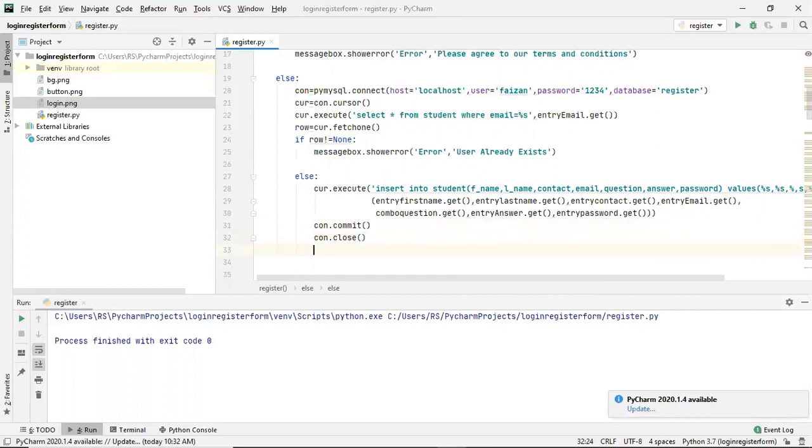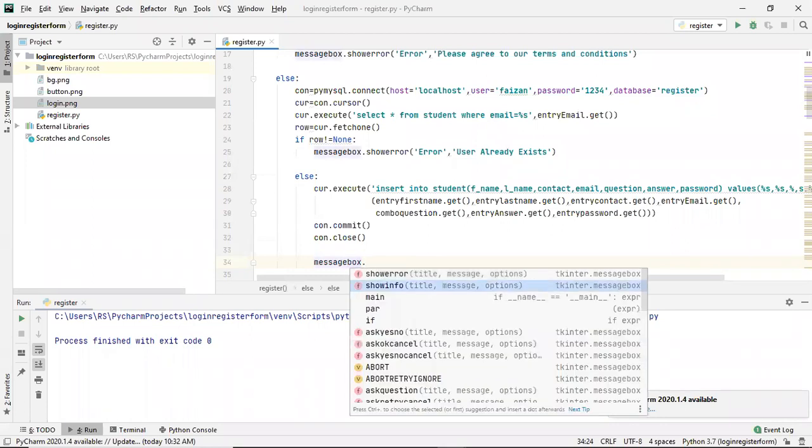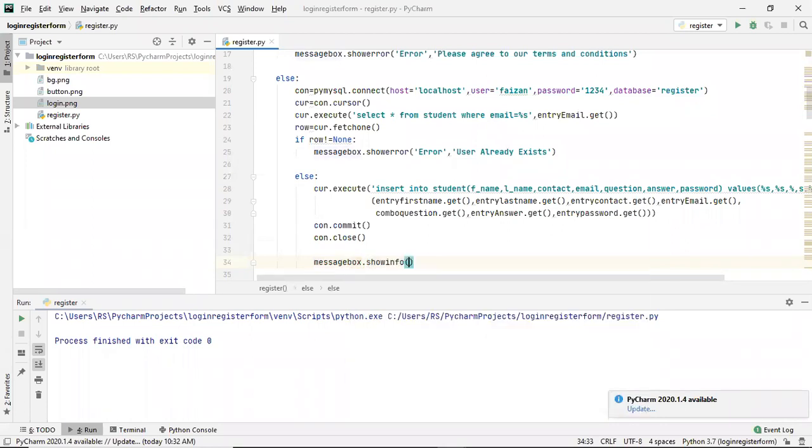Then I'll display a message box after closing it, showinfo. I'll simply show information. The first thing is the title, so I'll write success here. And then I'll write a message that registration is successful, right? Registration is successful.